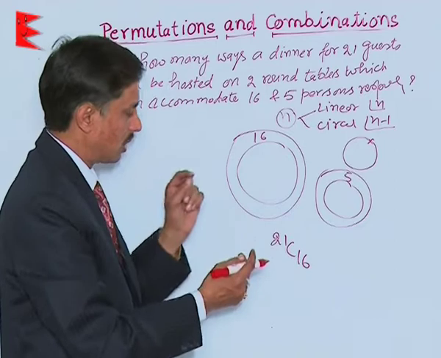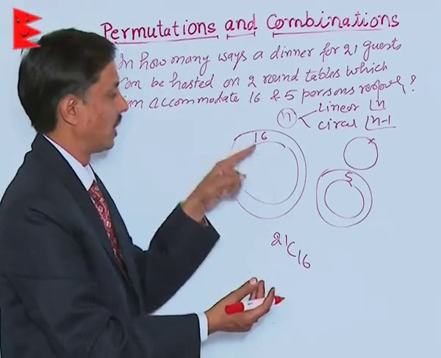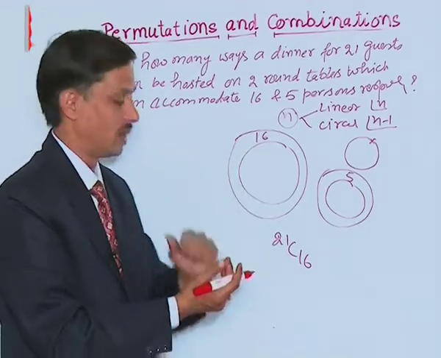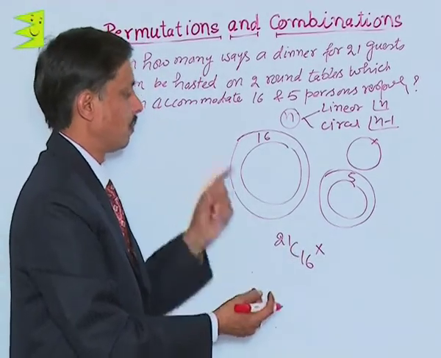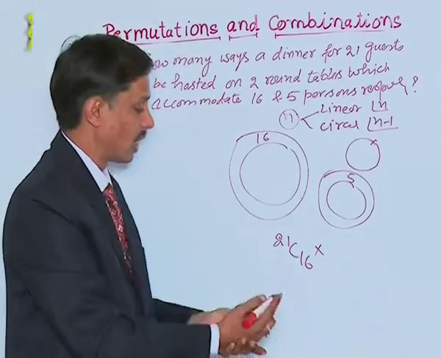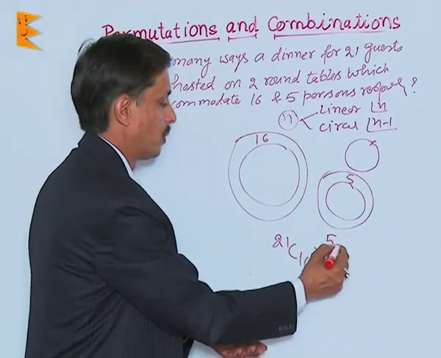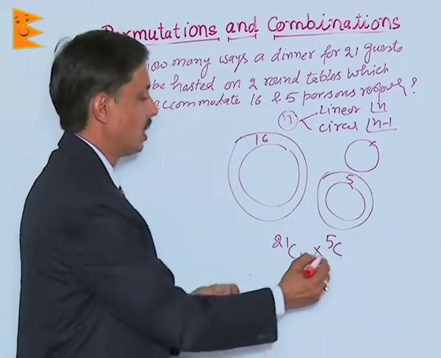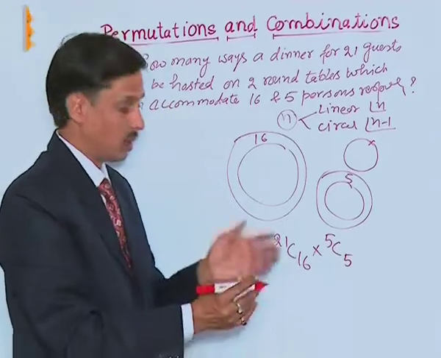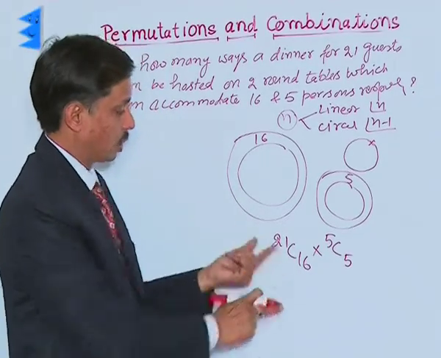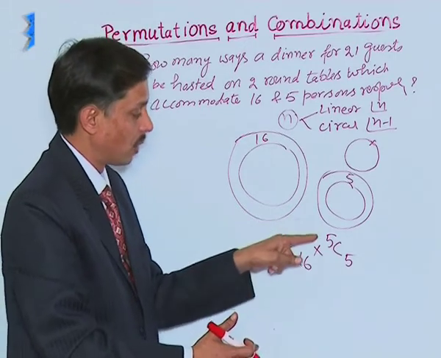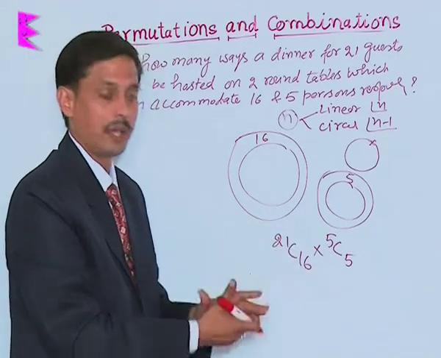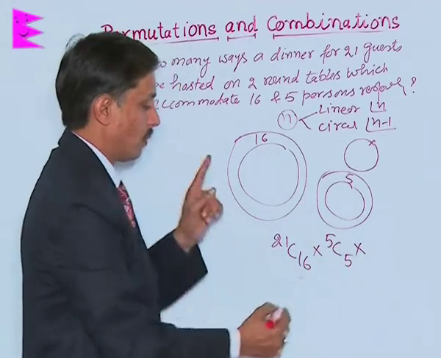21C16. First 16 guests will be selected from the 21 guests. Then how many are remaining? 5. And guests are how many? 5. So this becomes 5C5. This is the selection of the first 16 guests for the first table, and then 5C5,